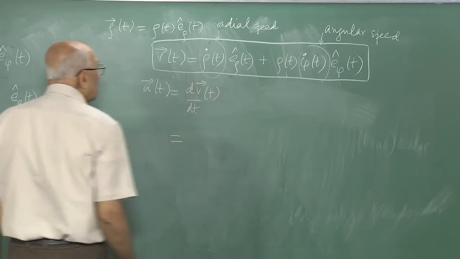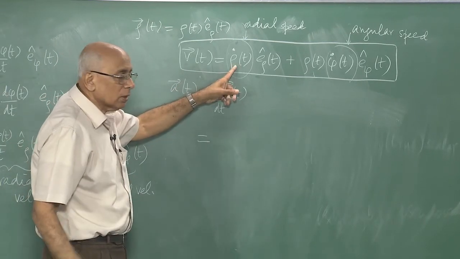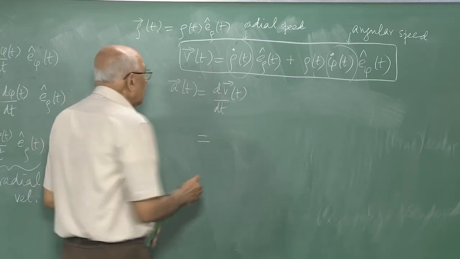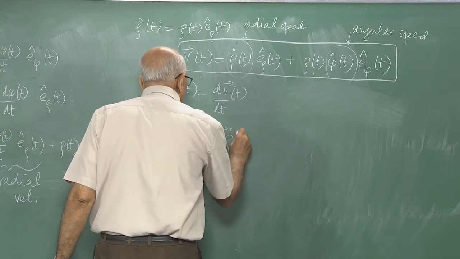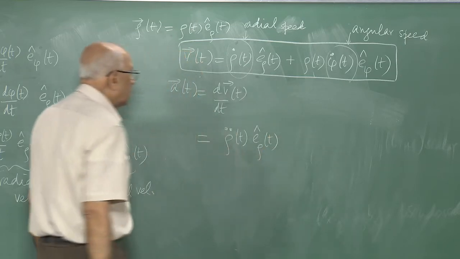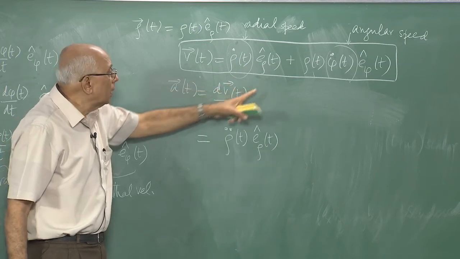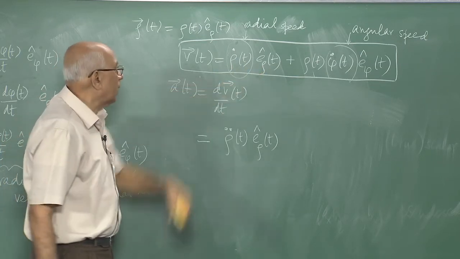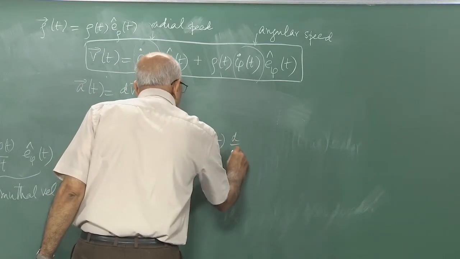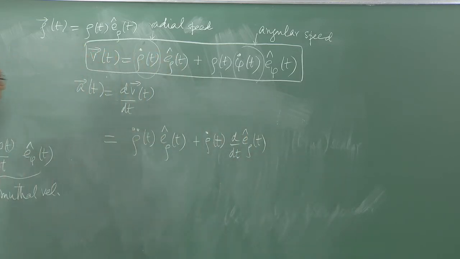And what is this going to be equal to? Well, again I use the chain rule, and if I differentiate this, which is already d rho over dt, I am going to get d2 rho over dt2, which is rho double dot of t, and then this part remains unchanged. So that is the derivative of this term times that by the Leibniz chain rule, and then there is a rho dot times the derivative of that. So this is rho dot of t times d over dt of E rho of t, that is the next term, plus